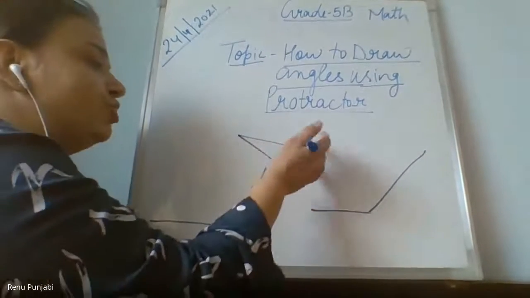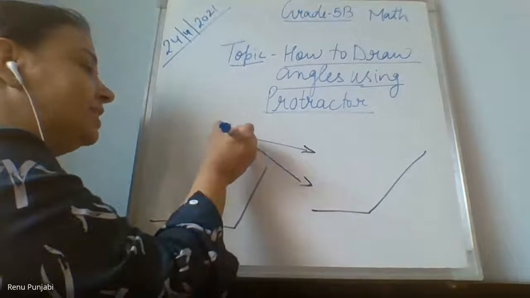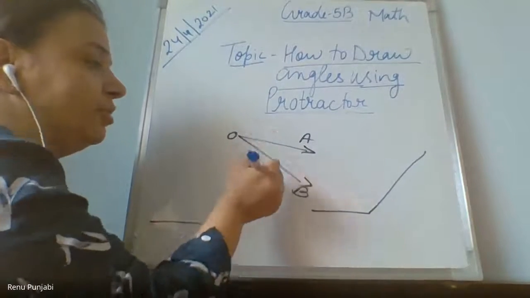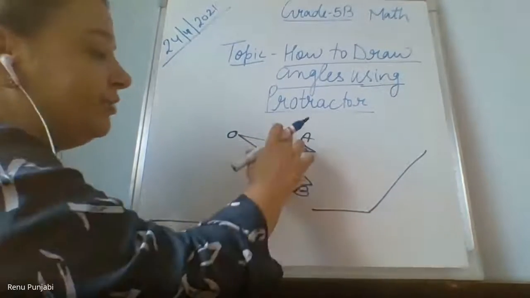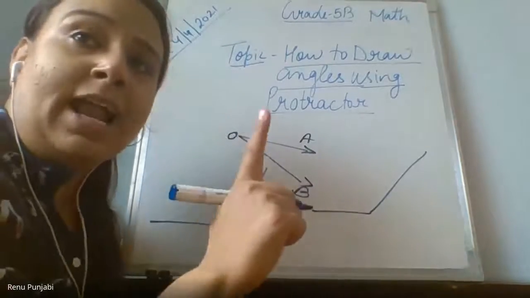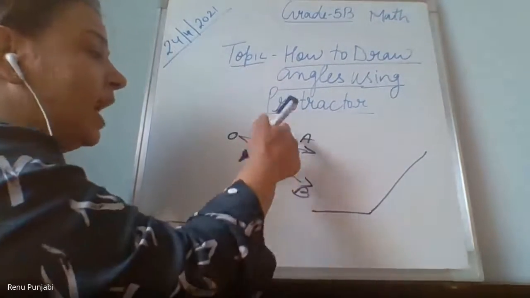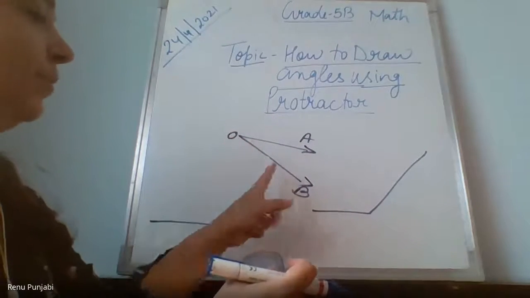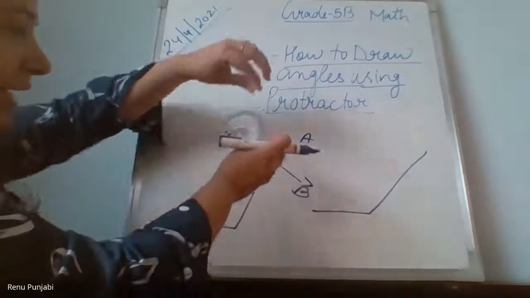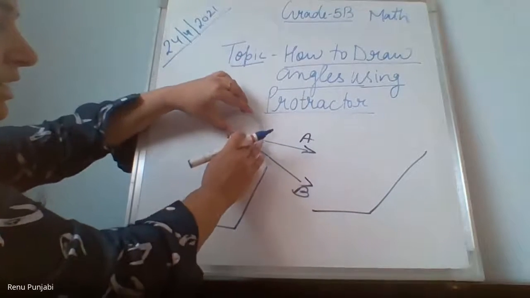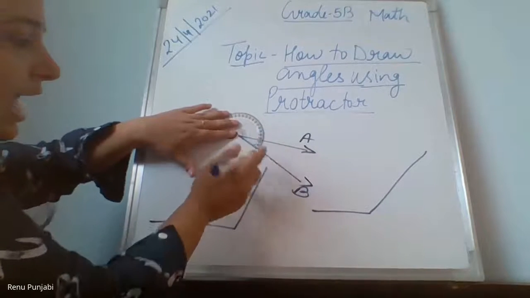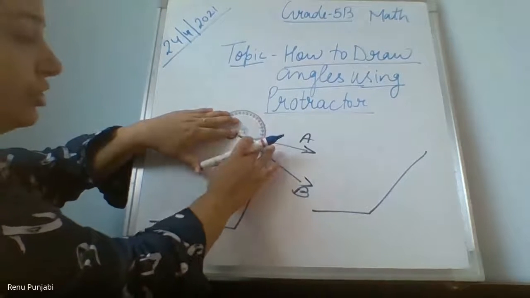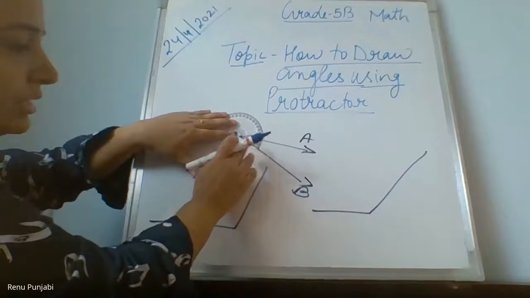Now, out of these two rays, you know these are two rays, two arms, and this is the vertex. So I name it as O, A, O, B, and you know that these two are arms. Out of these two arms, you can take any one arm as a baseline, either this or this. If I take this OB as a baseline, I keep my protractor here, the center of the protractor on the vertex, and I hide this line. This is the line you see in your protractor also. This should overlap on this baseline.